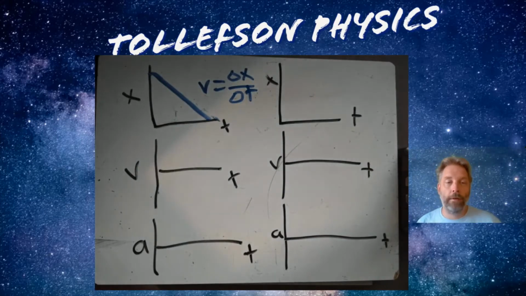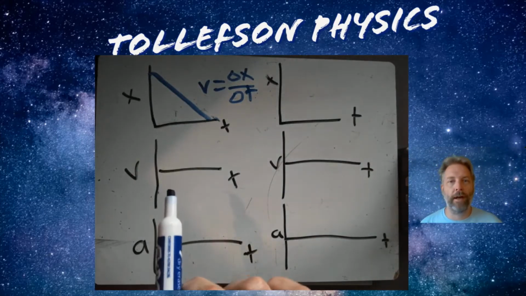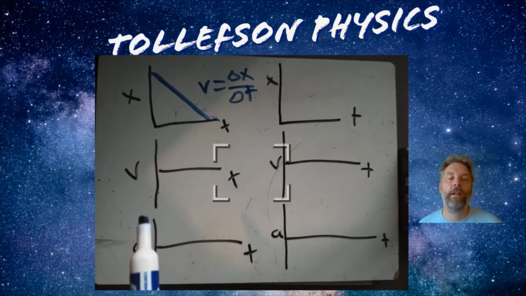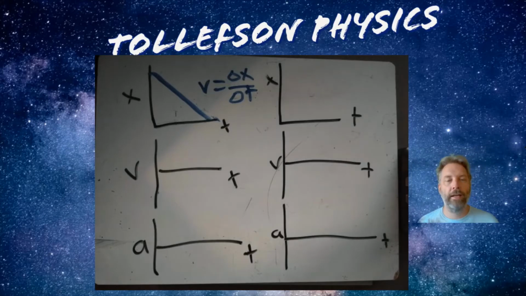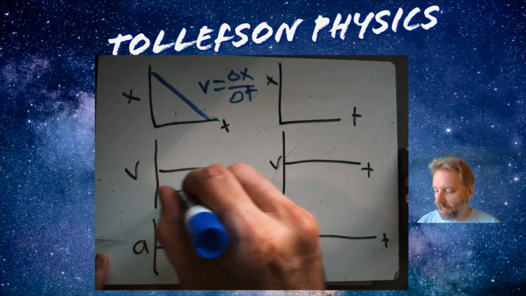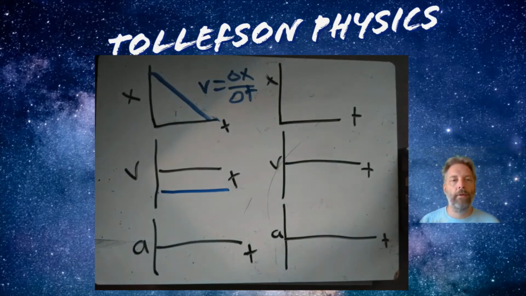So now I'm going to come up with a velocity time graph right here. To come up with the velocity time graph, what I want to do is look at that position time graph and ask myself, is the slope of the position time graph positive, negative, or zero? And does it change at all? So in this particular case, it does not change. So what's the slope? It's negative. So since it does not change and it's negative, I'm going to have just a line with zero slope